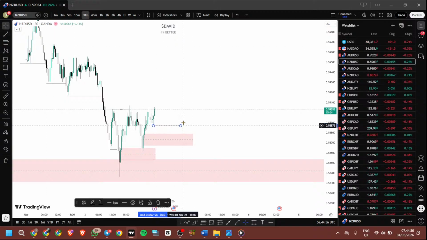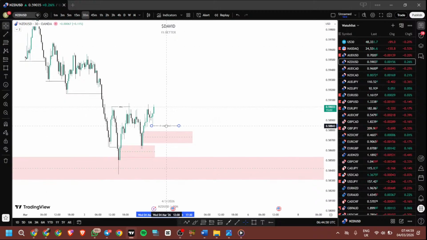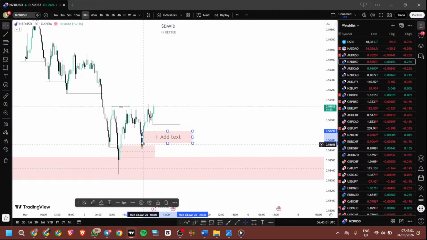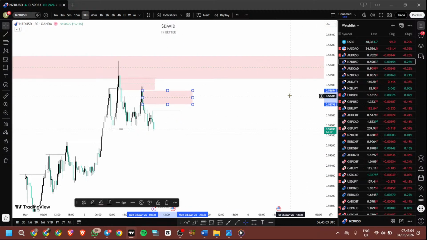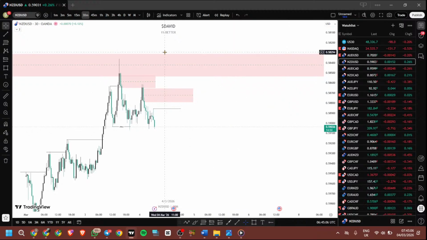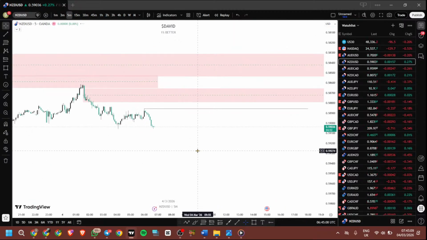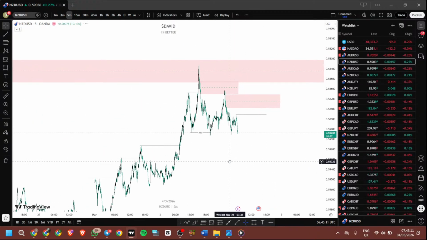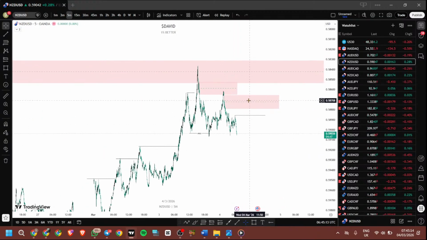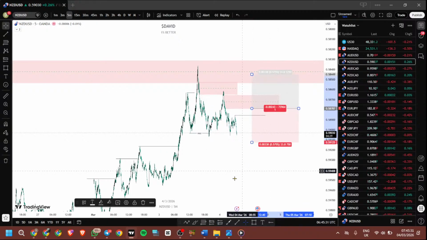Alright. I need to highlight this as our inducement. Permit me to do this. I just love seeing charts from a different angle. So I'm going over to the 5 minute time frame. And you see this zone is still fresh. So I could likely take a sell from this zone